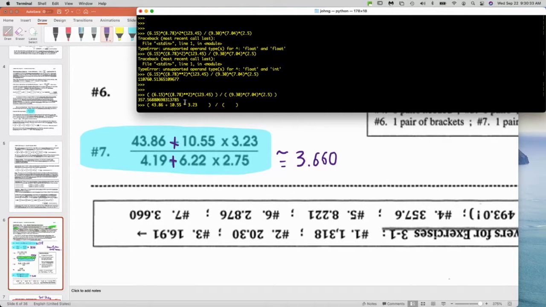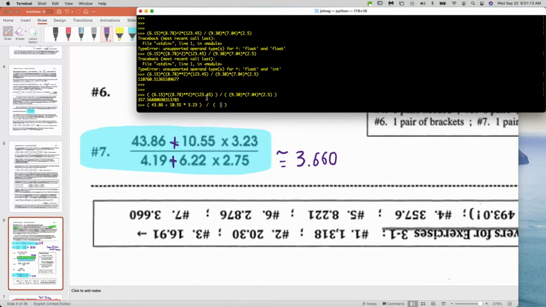Now you might be wondering, will the calculator figure this out? Does the calculator understand how to do this? Like this numerator here, is the calculator smart enough? The answer is 3.660, Matthew. Is the calculator smart enough to figure out that you do addition after multiplication? And the answer is yes, because your calculator is programmed using BEDMAS. Most calculators are programmed with this type of interpretation where it just does BEDMAS, just like that. There are some strange implementations of calculators, but I don't think anybody here has that type of calculator,